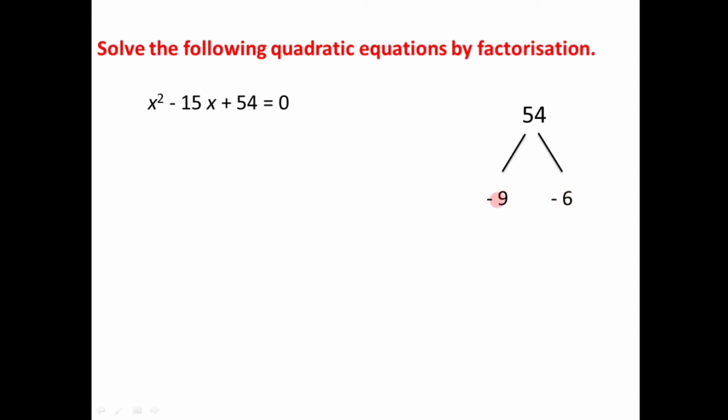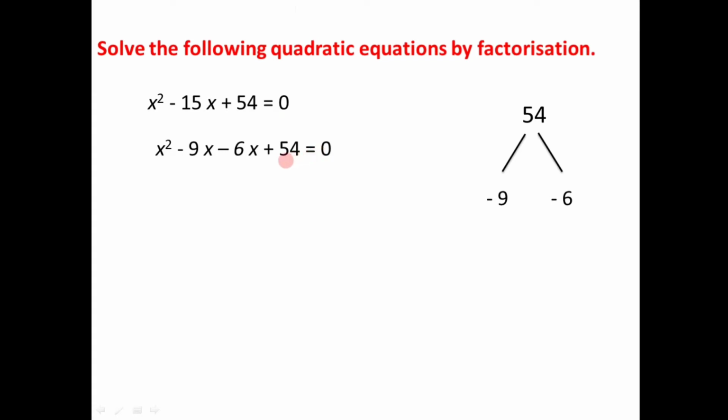So as we can observe, minus 9 minus 6, its addition is minus 15, and the product of minus 9 and minus 6, that's plus 54, because both the negative numbers are there, so the product must be positive. So these are the factors of plus 54. Now we have to split the middle term, that is we should write the first term x square as it is, and instead of minus 15x we should write minus 9x minus 6x, which are the two factors of 54, and plus constant term as it is equal to 0.